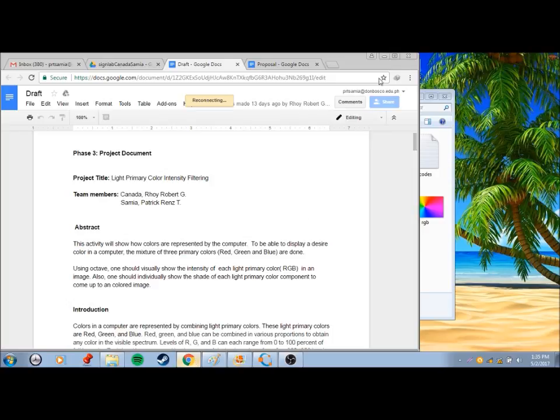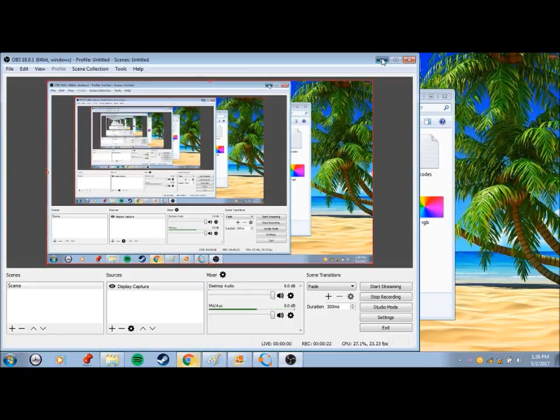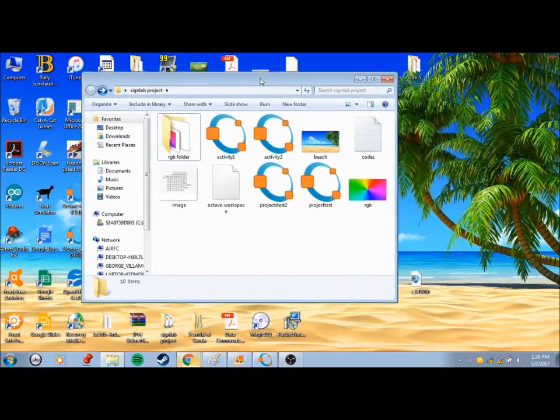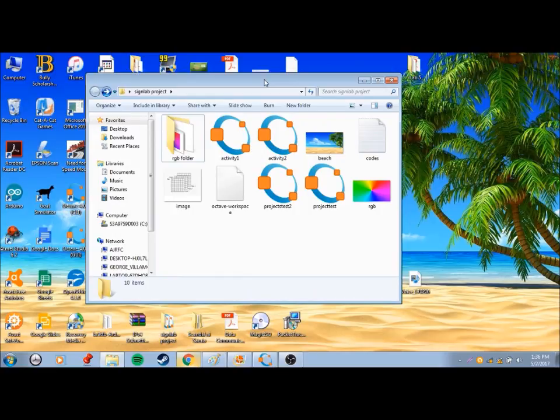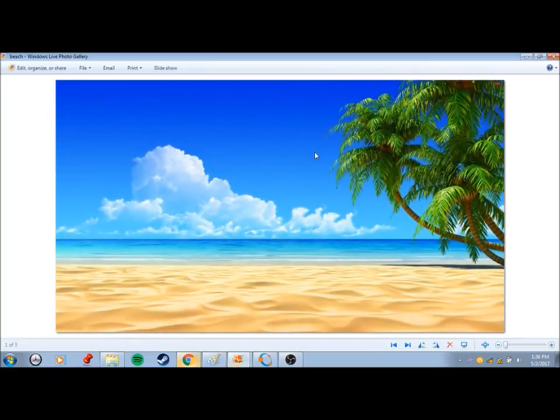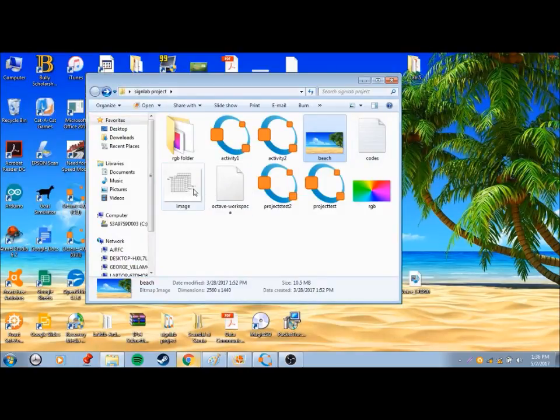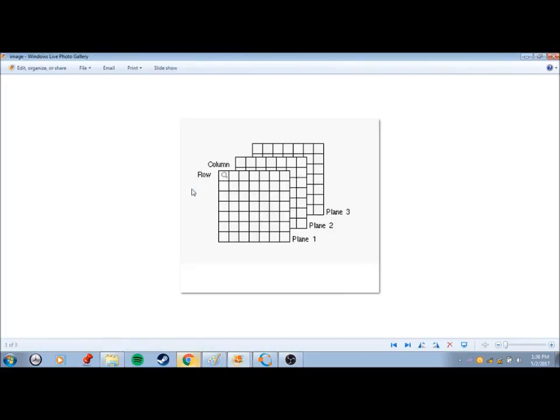Samya, explain what this project is all about: images. Most people think that images are just a single frame with different colors. They're wrong. An image consists of three frames: R, G, and B. For example, this plain one is the red frame.